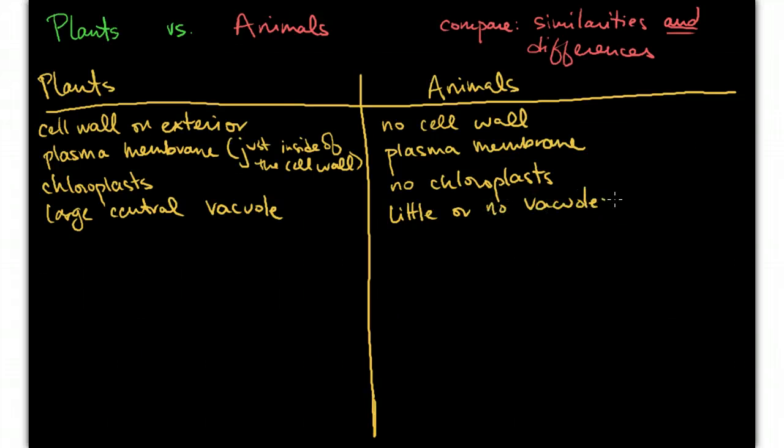And if you think about the purpose of the vacuole, to store water, plants need that vacuole for water storage so that they can do photosynthesis. Remember, water is the first reactant of our light-dependent reaction. So it needs water. Plants can't exactly move very quickly to get water, so they store it. The other reason that they keep it in this large central vacuole is to provide some turgor pressure, some pressure from within, so that the plasma membrane is pushed against that cell wall. It's kind of like an inflated balloon,